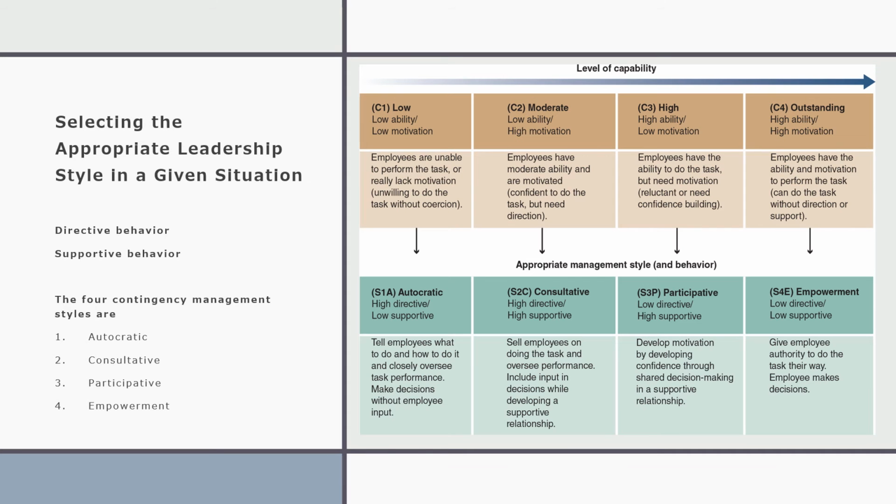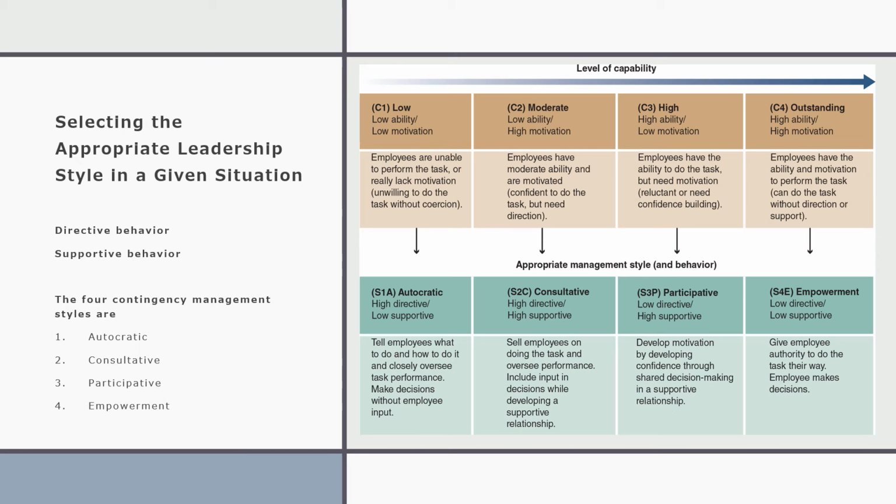Selecting the appropriate leadership style in a given situation. As discussed earlier, with reference to OSU's two-dimensional leadership model, when you interact with the employees you manage, your behavior can focus on directing or supporting employees. If you're using directive behavior, the manager focuses on getting the job done by training, directing, and controlling behavior and